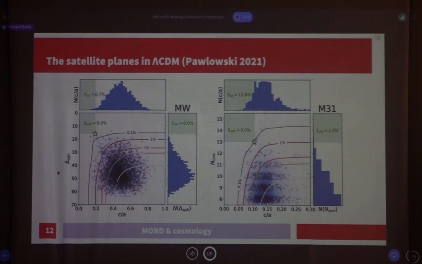There is also an additional factor, which is that the preferred orbital pole is aligned with the normal to the plane preferred by the satellites. And this too is hard to replicate, but that hasn't been included as a constraint. So we just look at matching the aspect ratio and the concentration of orbital poles, the tendency for the actual orbits to be in the same plane. The green star is the observed point. So yes, it's about a 1 in 2500 likelihood for both the Milky Way and Andromeda.